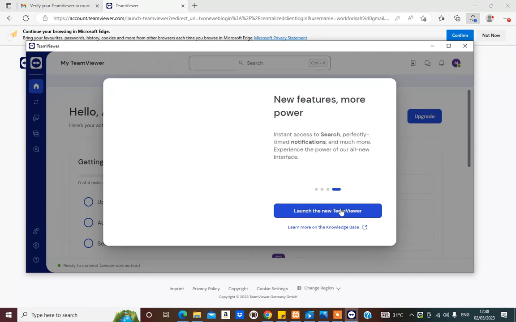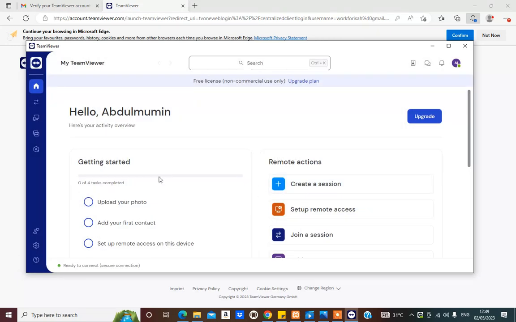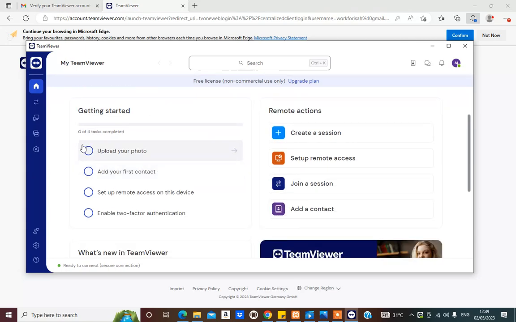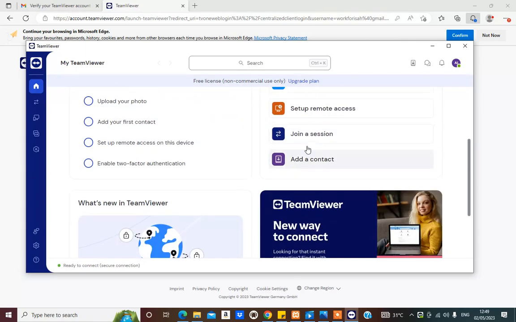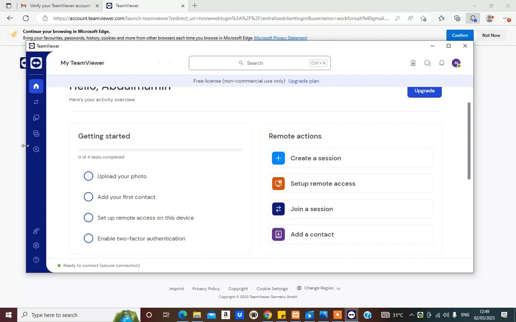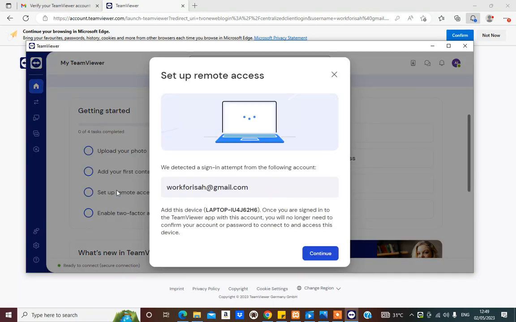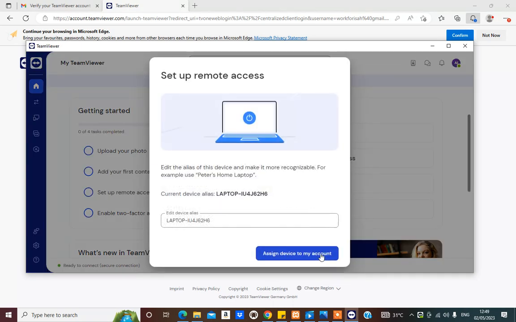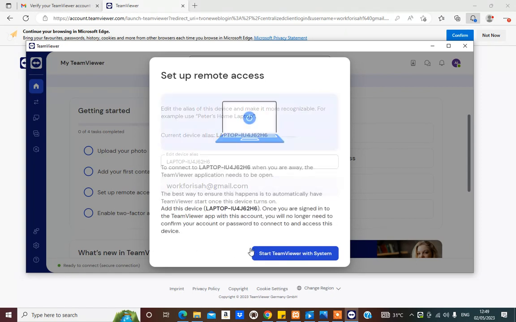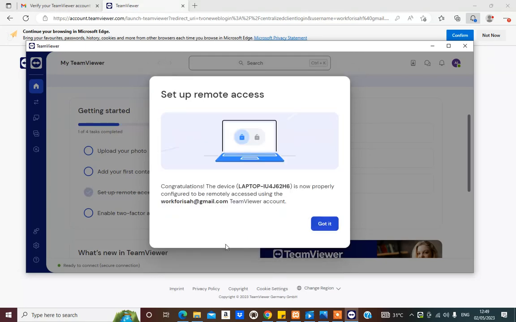Continue, launch TeamViewer. So this is where we are. Create a session. Getting started, you can upload your profile, add your first contact, set up remote access on this device, like that. Continue. I click set up remote access on this system, assign to my account, start with system,